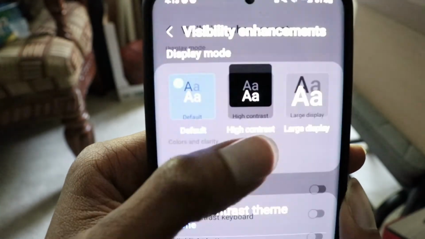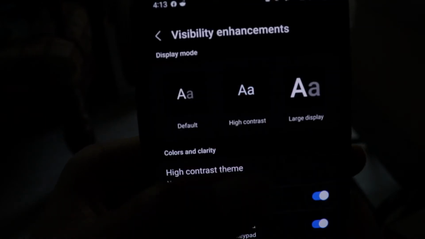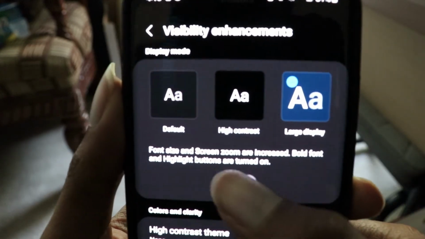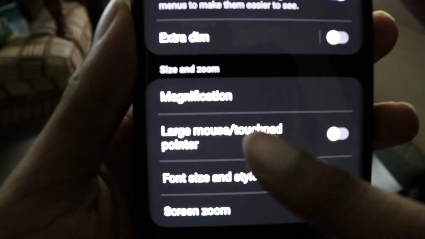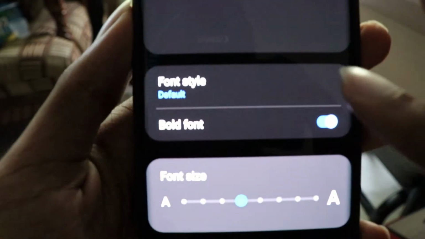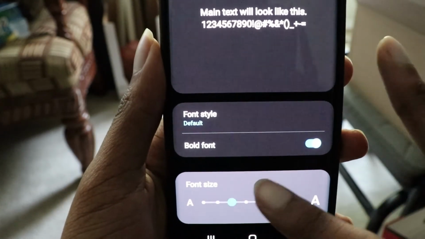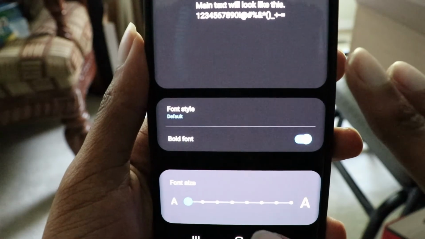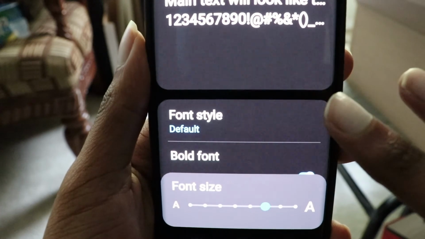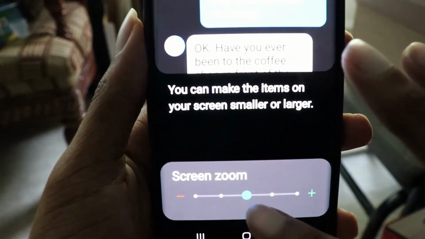They have different pre-made themes for changing the background and even having a large font and high contrast setting. You can do a lot with the font of the phone and the text size that's on screen. You can increase the text size to as big as you can make it, and you can bold the font if you need. And even if that's not enough, you can have the phone zoom in to different things to make them even bigger.